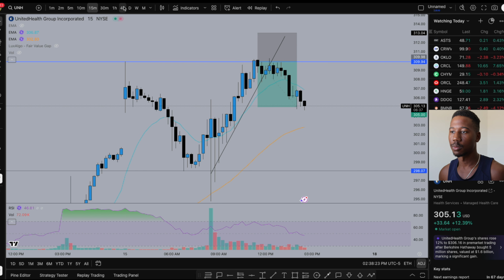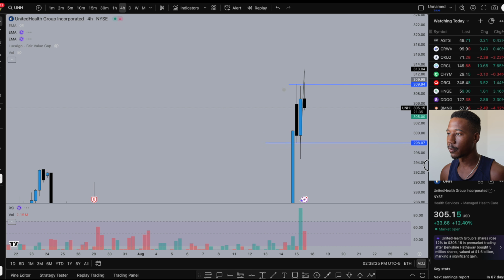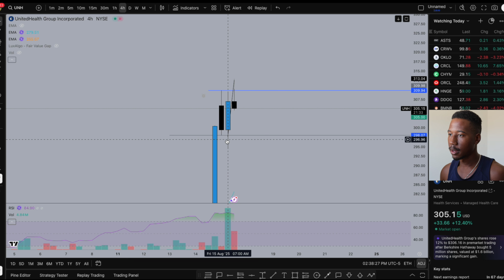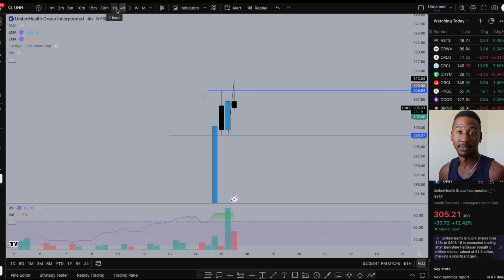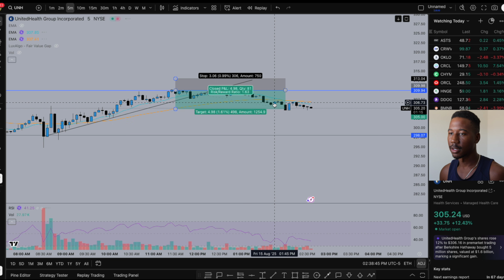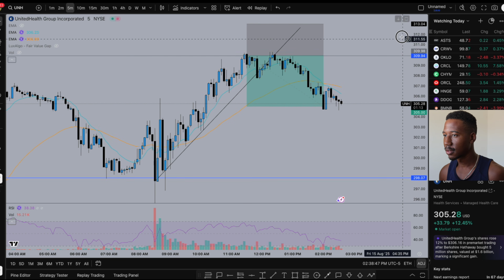All right, so to show you how the day started out, I had pre-market support and resistance marked on the 4-hour. Resistance was up here at 309.93. Support was at 298.08. All right, so that is how it looked to start the day. Then coming down, looking at things,